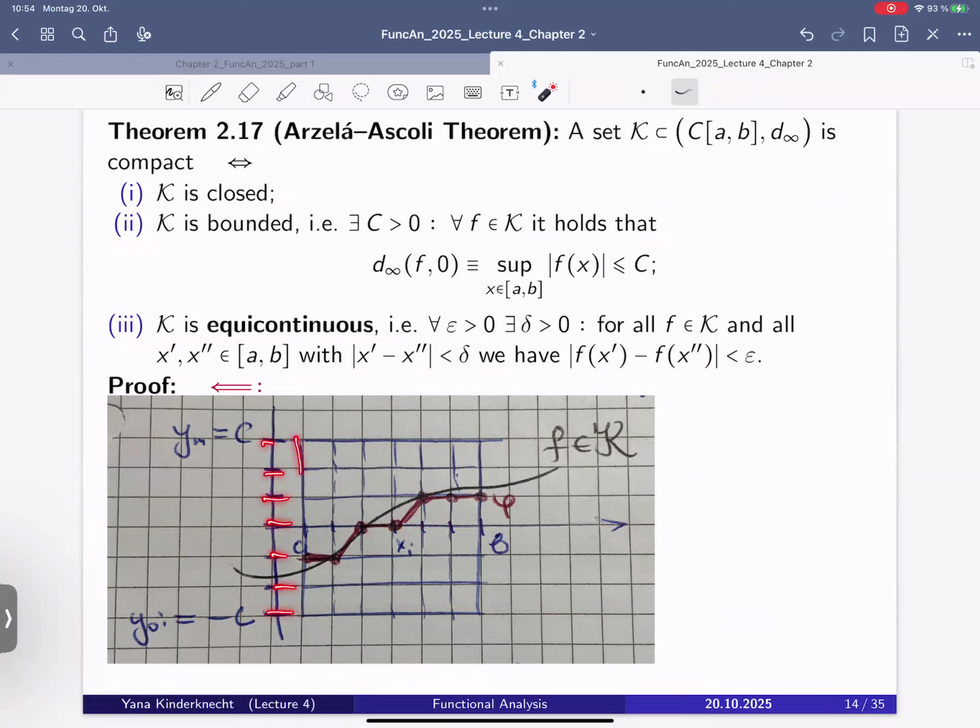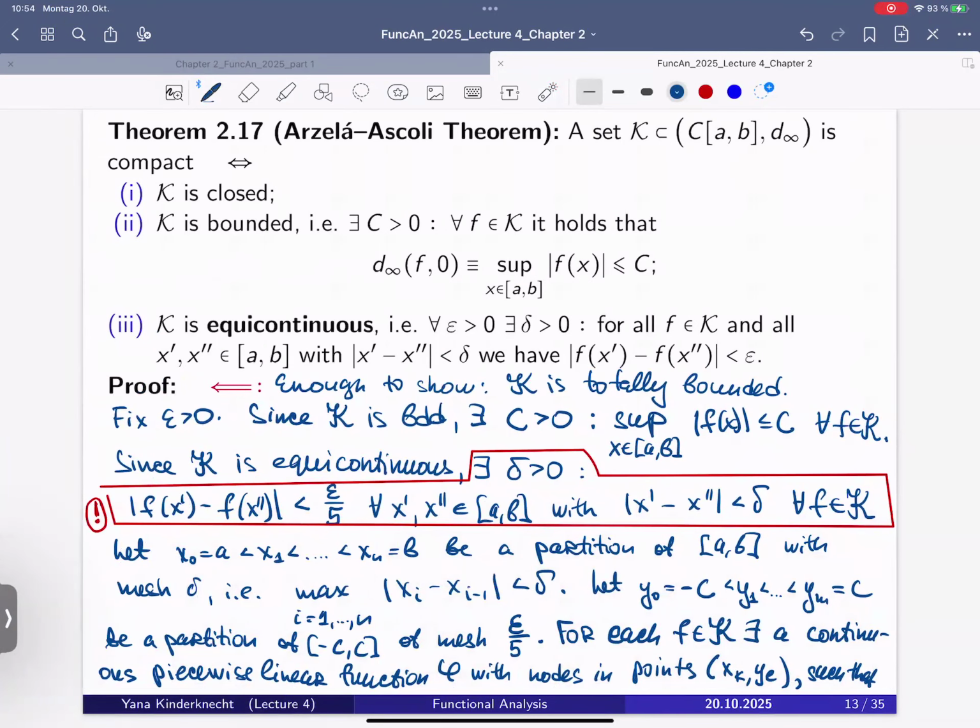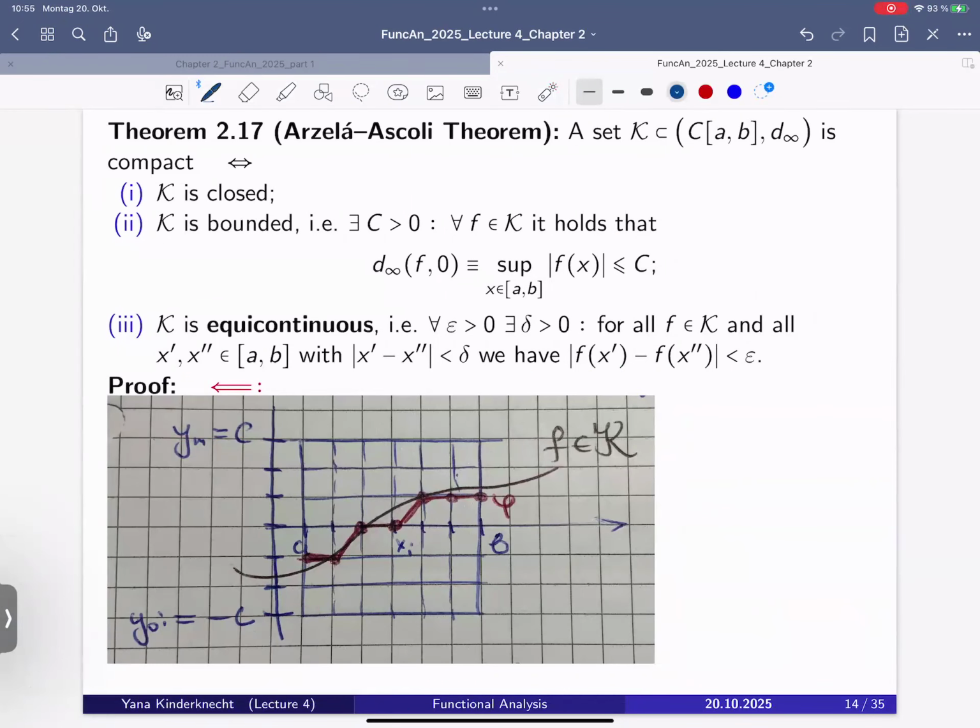So now we have a lattice here, a lattice of interval of a compact set [a, b] times [-C, C]. We consider any continuous function f, element of our set K, and then the closest function to this f, which is piecewise linear with nodes in this lattice. It looks like this. So what happens? We have that for each f, there exists a piecewise linear function phi with nodes in these points, such that